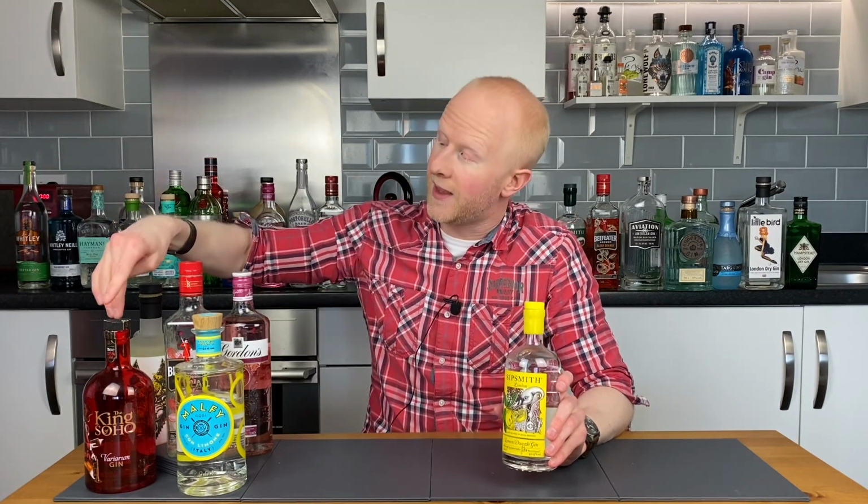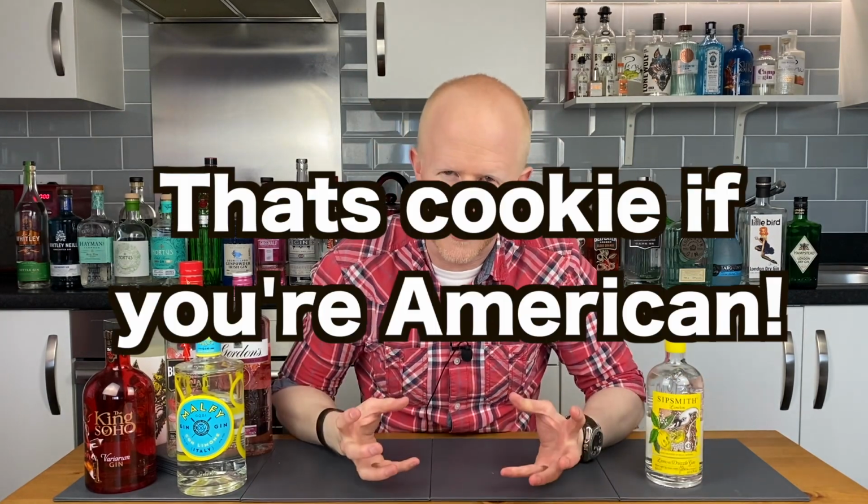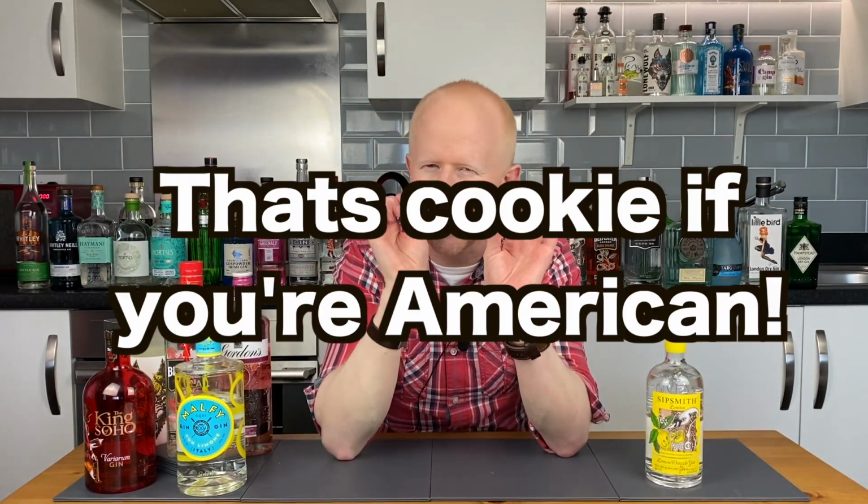Just as it worked for the Soho Variorum, it worked here because it gave it a kind of biscuity quality, only just slightly, a tiny essence of it. So that's why they've called it the Lemon Drizzle, because I think they're trying to make a lemon drizzle cake sort of essence. I think they have achieved it, and to be honest, I've never met anyone who doesn't like a lemon